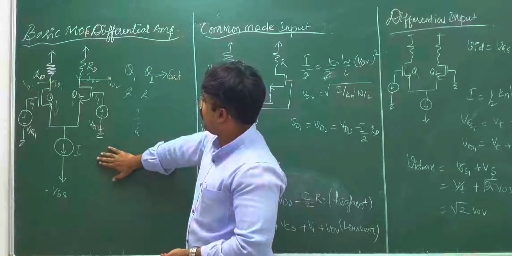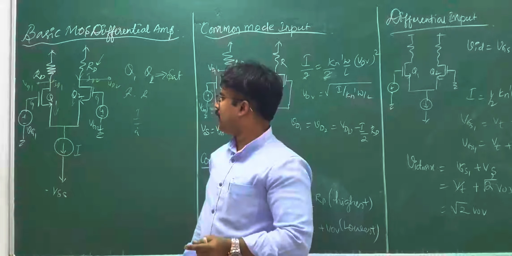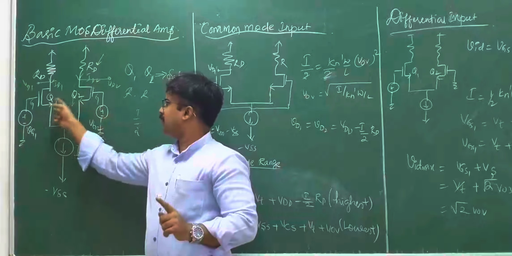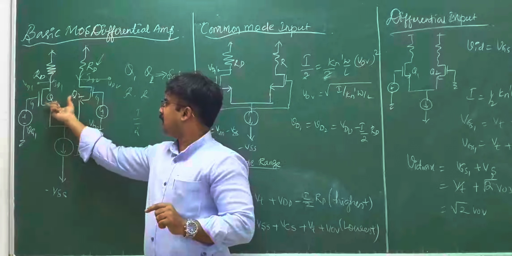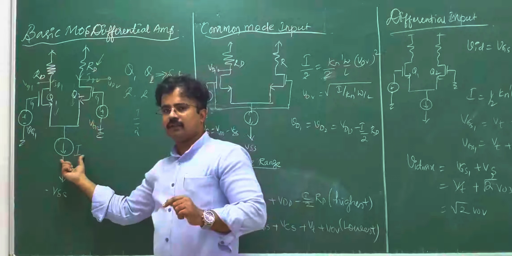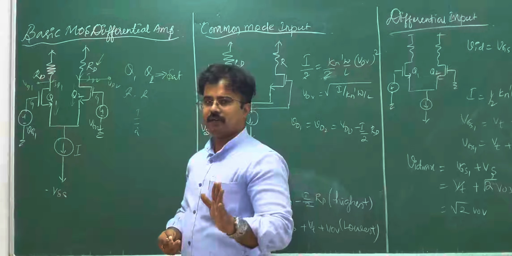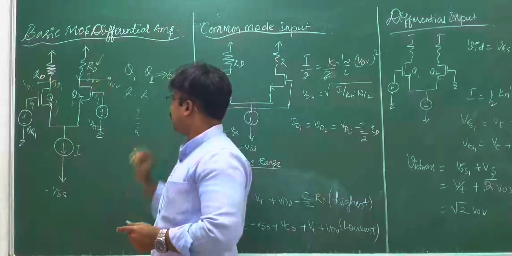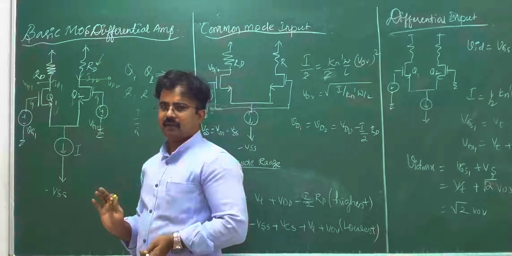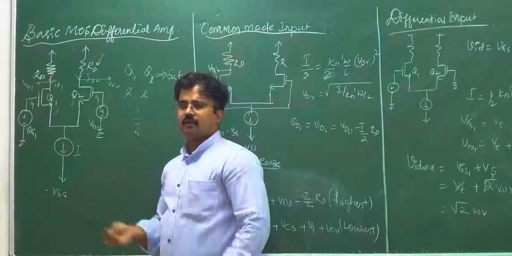Now, the circuitry here has a passive load, where RD is the resistor. That is why it can be called a passive load. The fundamental working principle is very simple. The transistors Q1 and Q2, I repeat, should be biased in such a way that they are in the saturation region. Constant current source biasing is used. Then VG1 and VG2 are the two different inputs. Based on the requirement, I am going to make sure that VG1 and VG2 are symmetrically varied.